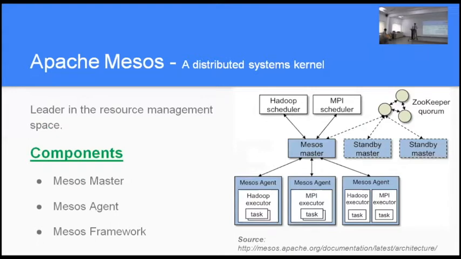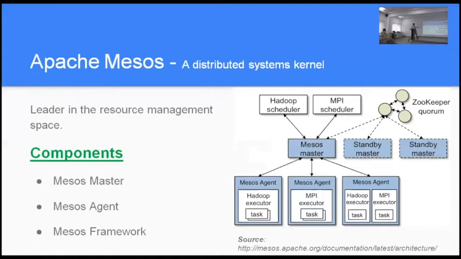What it does is it's essentially designed like a cluster-wide operating system. So imagine a cluster of 1,000 nodes or 10,000 nodes. Actually, it's been used at scales beyond that. It acts as if it is the operating system for the entire cluster. It runs on top of Linux, and it's been working on Azure also. But assume it's running on top of Linux, managing the resources of 10,000 nodes: all the cores out there, all the memory out there. The way it works is it has what's called a Mesos master, and it has all these agents or nodes in a cluster. So imagine there are 10,000 of these.